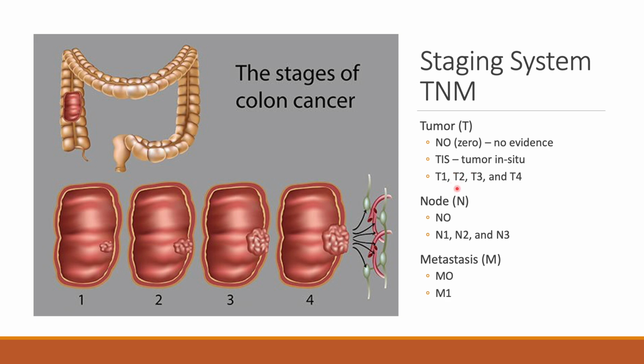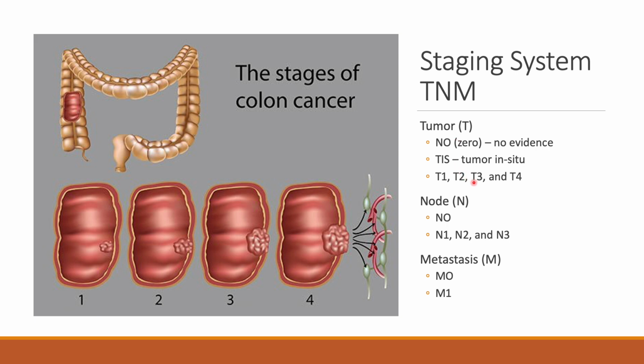Or it can be a tumor 1, 2, 3, or 4. And this is an example of a colon cancer. So you're measuring it, and I don't know exactly what the measurements are, but it's in centimeters, like 1 centimeter, less than 2, less than 3, and so forth. So they can grade that. So you'll have a T